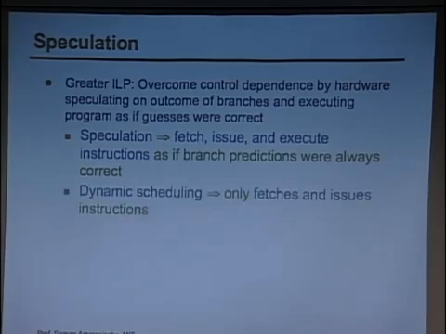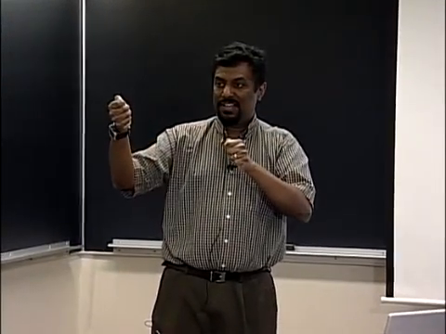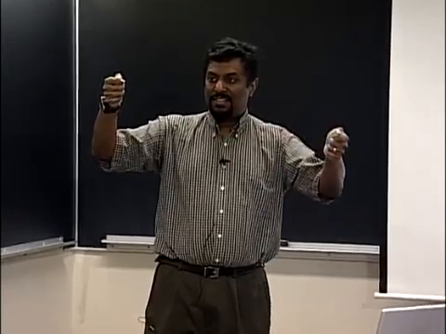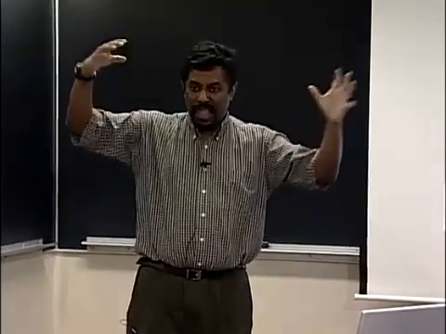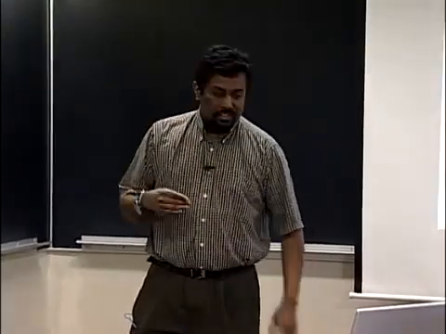There's a little bit less speculation called dynamic scheduling. If you look at a microprocessor, one of the biggest causes of pipeline stalls is a branch. You can't keep even a pipeline going, even in a single-issue machine, if there's a branch, because the branch condition gets resolved a lot after the next instruction has to get fetched. So if you do a normal thing, you just have to stall the pipeline. So what